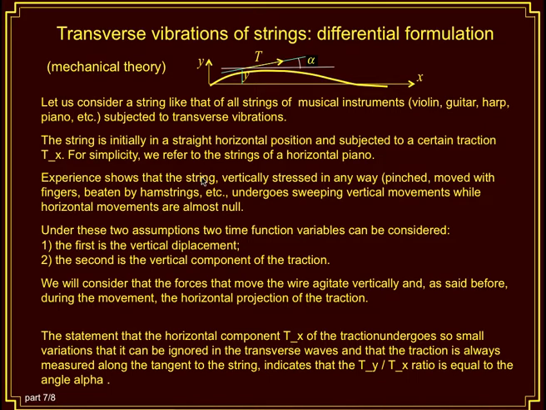The statement that the horizontal component Tx of the traction undergoes such small variations that it can be ignored, and that the waves are transverse and that the traction is always measured along the tangent to the string,